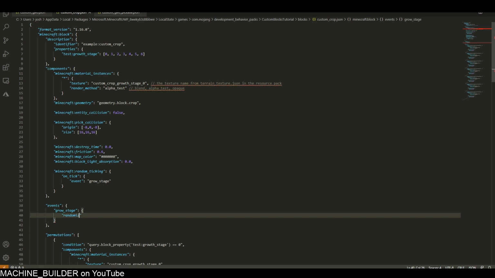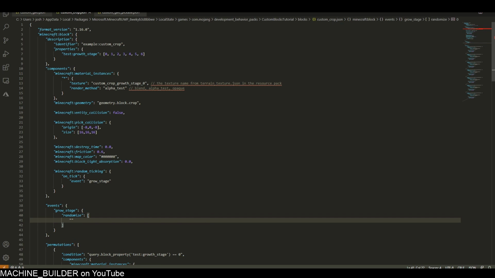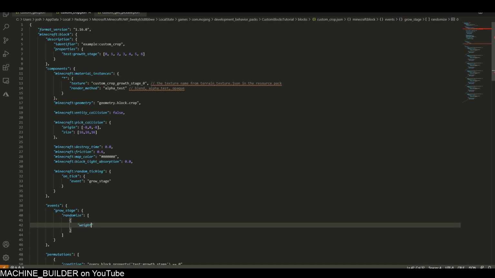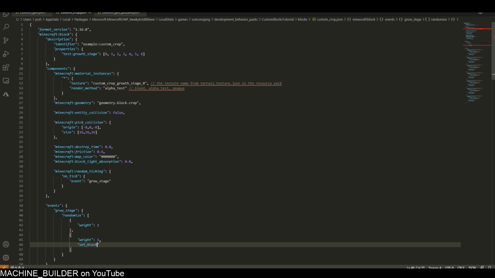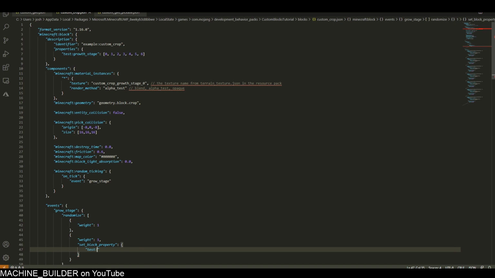Here, randomize, just so we can allow the crop a chance to grow or not grow, randomly. So basically only 50% of the times that the crop ticks will it actually grow up one. So wait one, set block property. So we're going to set the growth stage to